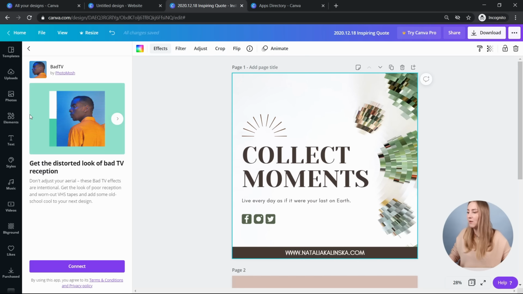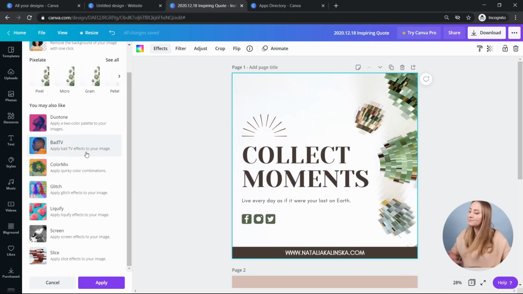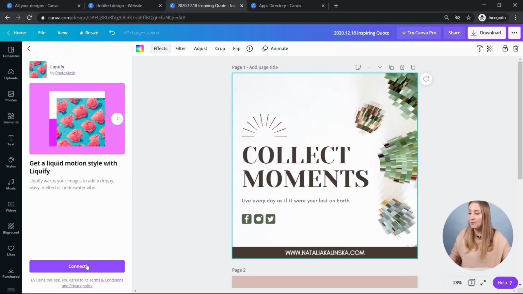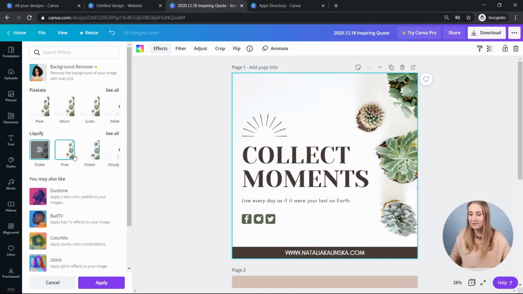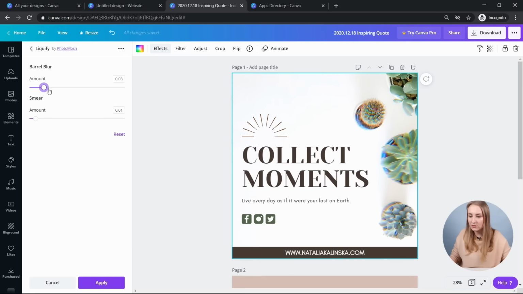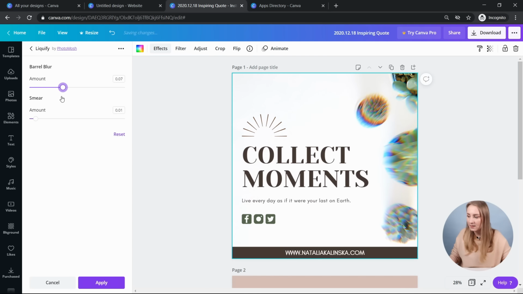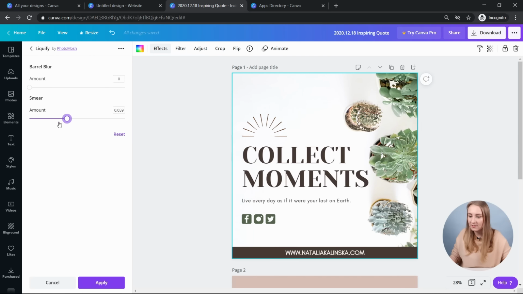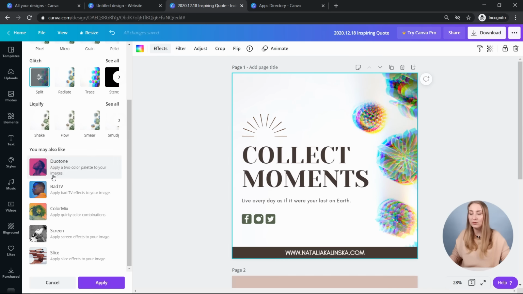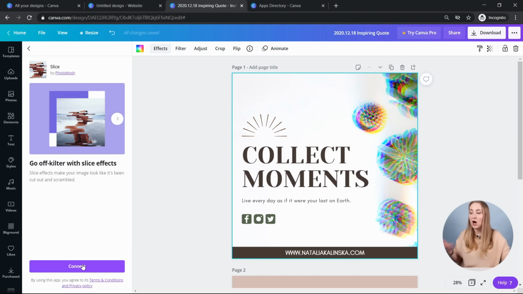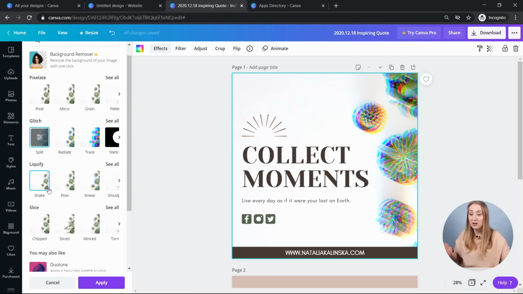There's Bat TV. I won't connect all of them to this account, but this is something that you may want to have for your different designs. So you can have, see, flow. It added a bit more kind of flow to it, see? As if you're kind of dragging it. See, I can add the 3D effect to these ones. This was quite a popular one. And if you're going for that particular look, this is how you would do it. It's really cool that Canva is actually adding those options for you to be able to do these things to your photos.